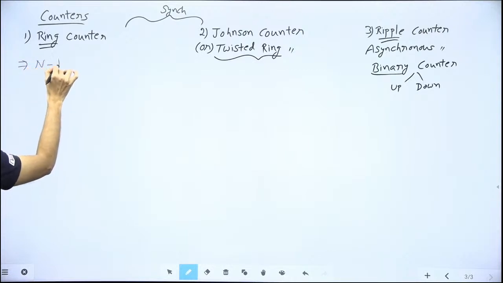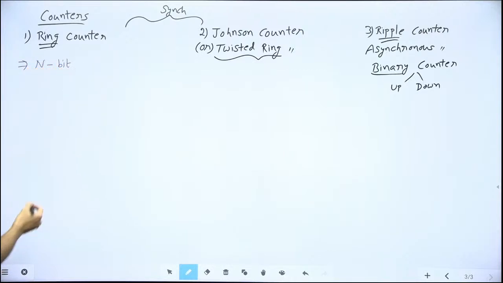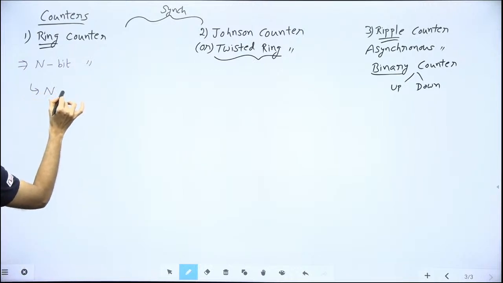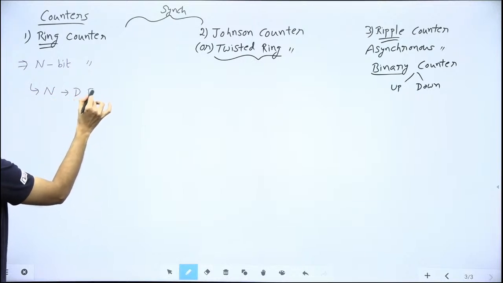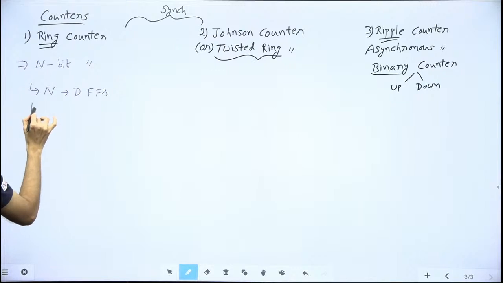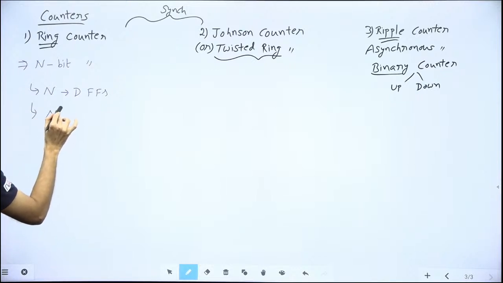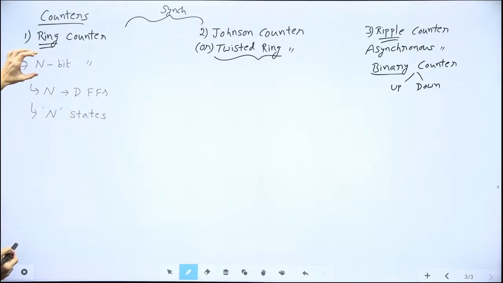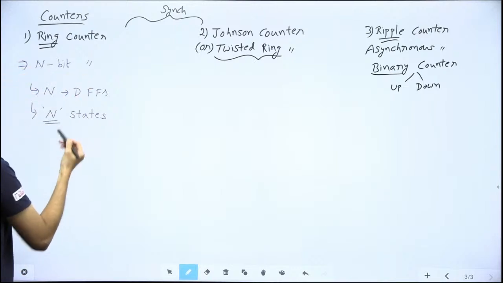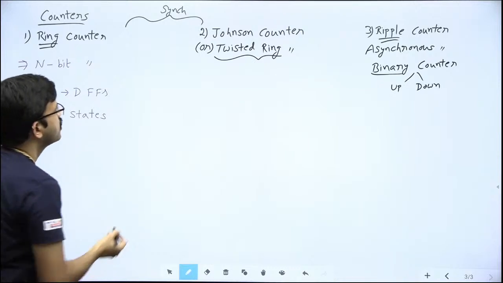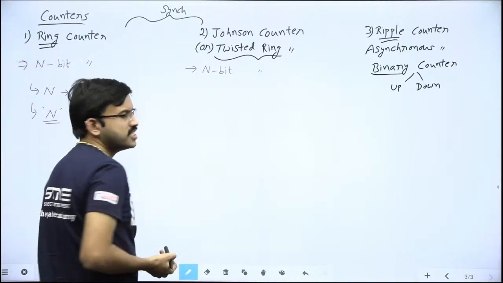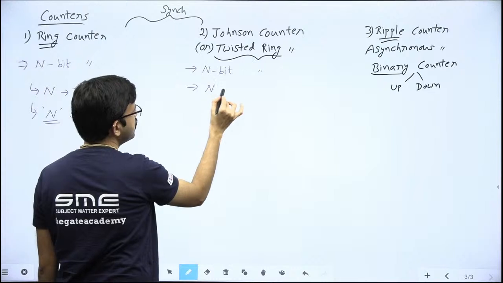Say for example, I am considering an n bit ring counter, so you will be having n D flip-flops, and the number of states you will get will be n. If you are having an n bit ring counter, we require n D flip-flops. With the help of n D flip-flops we will get the number of states as n. In Johnson counter, suppose you are having an n bit Johnson counter, so here also we require n D flip-flops,